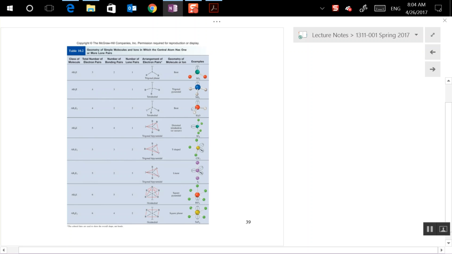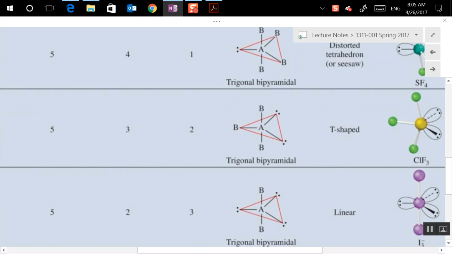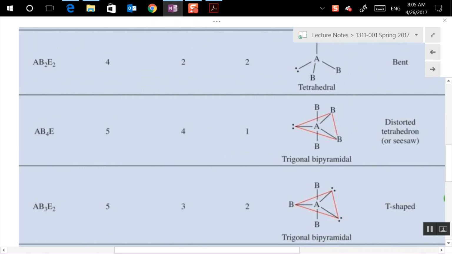All right, so we were talking last time about how if you have an expanded octet, then you might have to identify its shape, its geometry, based on a chart of this nature, okay? So, let's just get that a little bigger, okay? So here we can see that